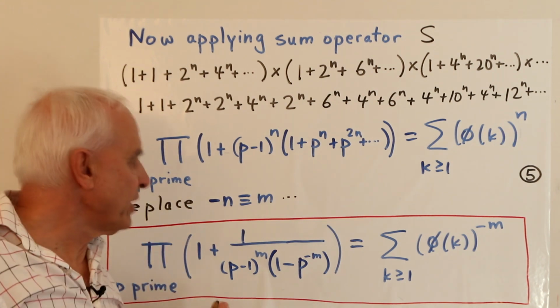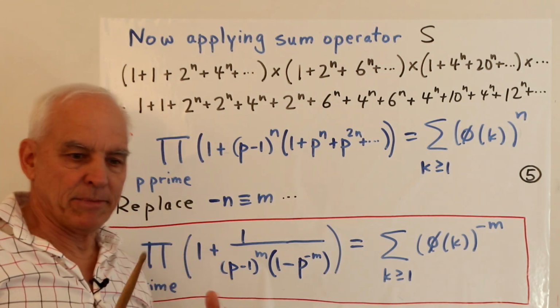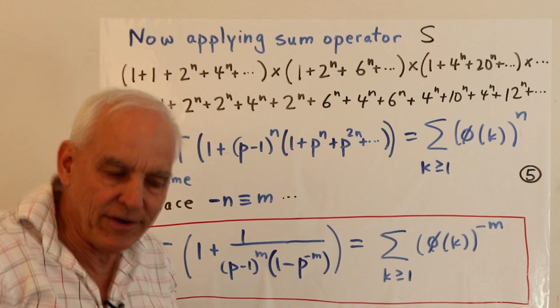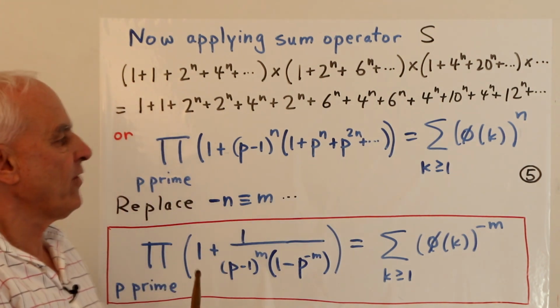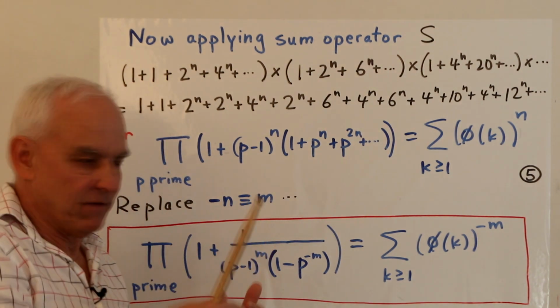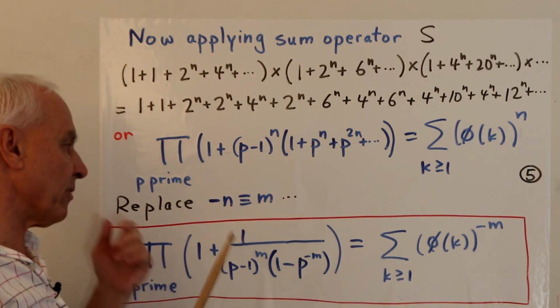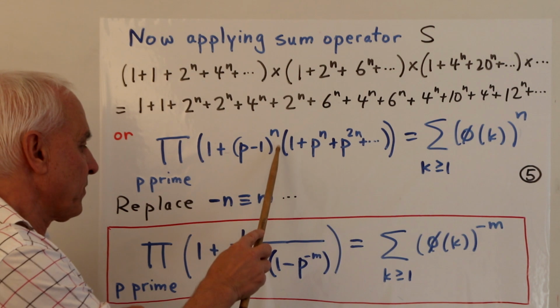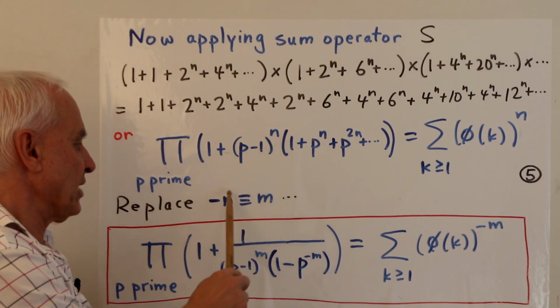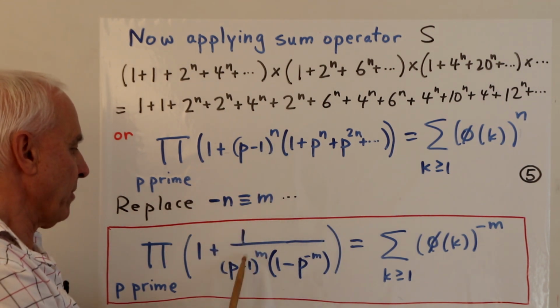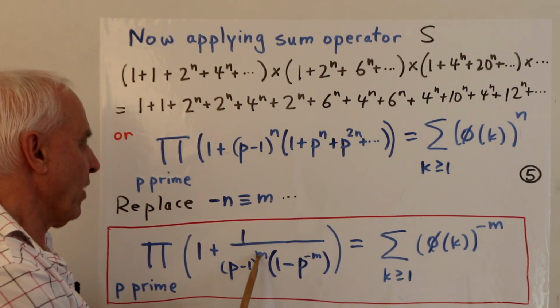And as I mentioned, maybe we have a better chance of getting something that looks sort of familiar to us in a convergent sense if we make n a negative integer. So maybe we set minus n equals m. We make this replacement, so this n is replaced with minus m, and it ends up in the bottom here. So we get 1 over p minus 1 to the m.